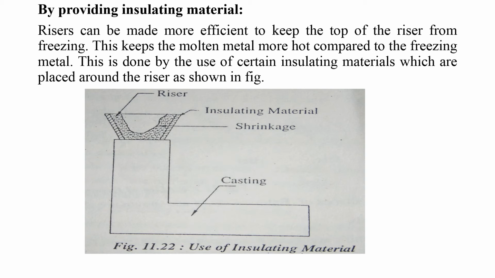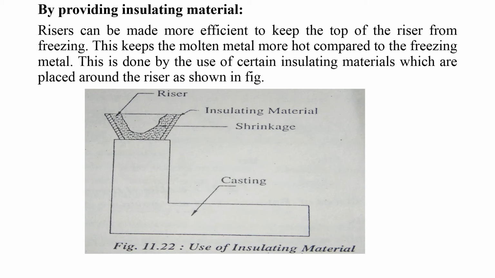Suppose, say, aluminium at 700 centigrade has to be maintained in this tube, but the component is already freezing; solidification is taking place slowly at room temperature. So at the time of shrinkage, a small amount of metal is required and supplied from the riser to the cast part or cavity. The heat temperature will be maintained in this riser. That's why insulating material is provided in the riser, for temperature maintenance purposes. Clear this point.